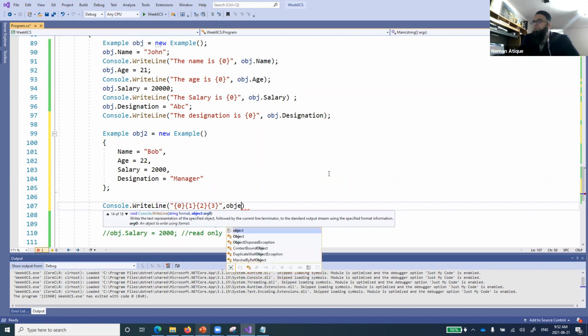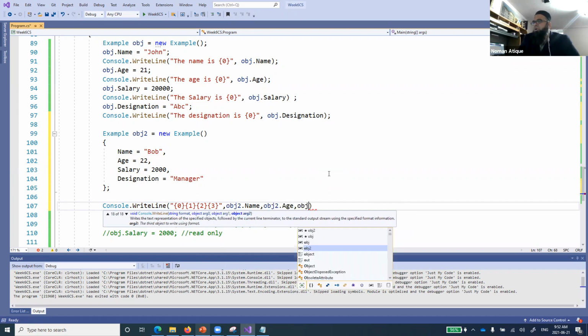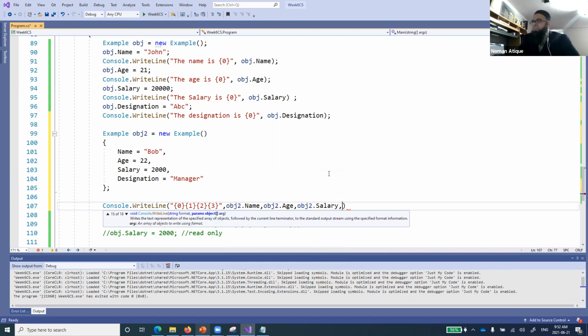So obj2.name, no, not obj1, obj2. obj2.age, obj2. I'm hoping that I've maintained all of them as read and write properties. Dot salary. If there is a problem, it will show us. obj2.designation.